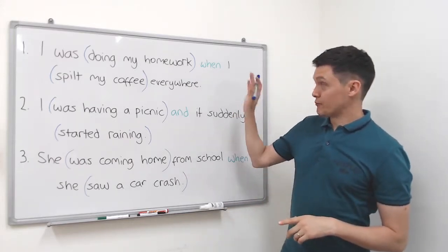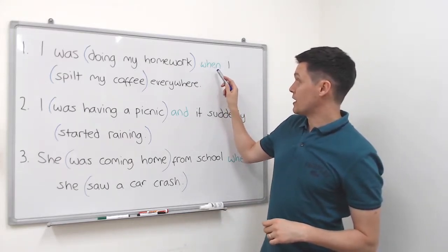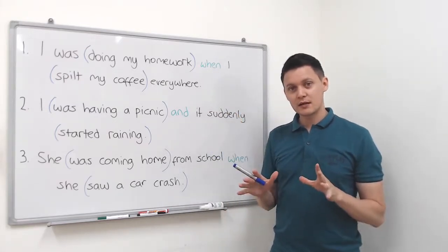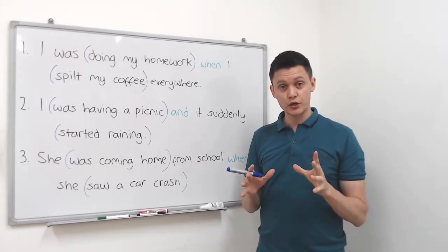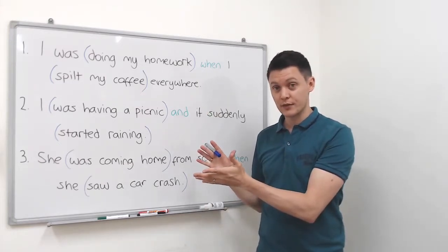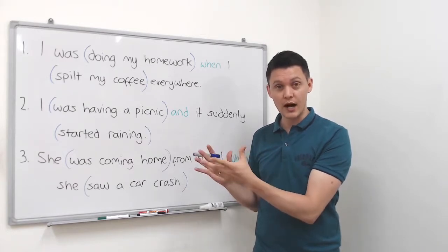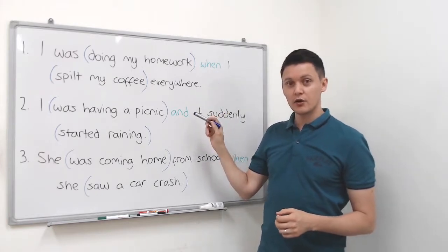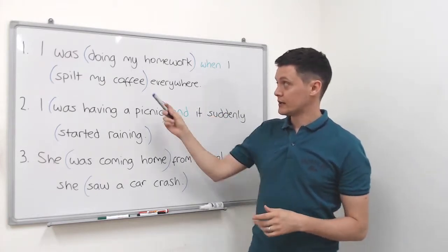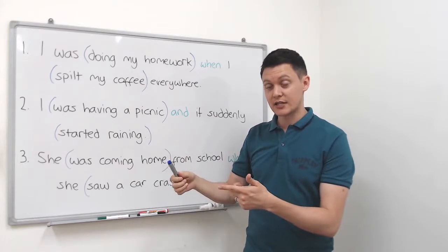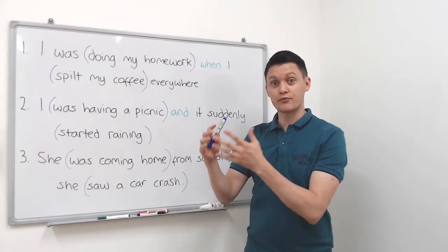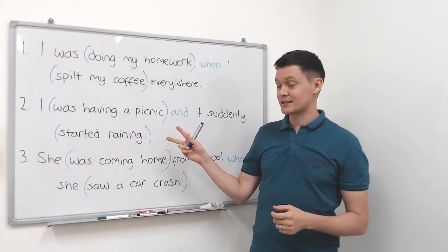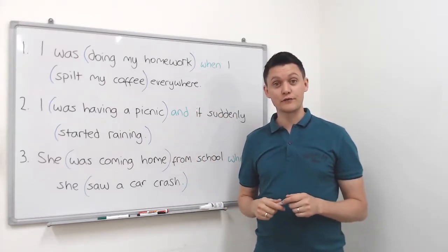So you're probably wondering why I've highlighted "when" and "and". That's because these are the two conjunctions you can use with this structure. Don't try another conjunction like while or but or so. We need to use either when or and when we're showing that there is a purposeful action and an interrupting one, which is probably an accident. Okay, so these are my three examples. Hopefully you can make some examples of your own.